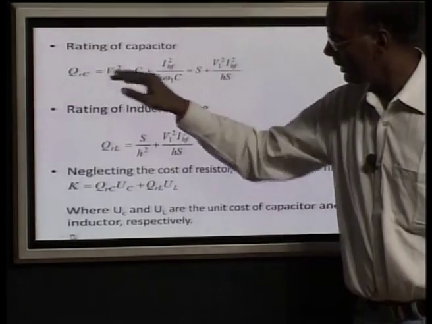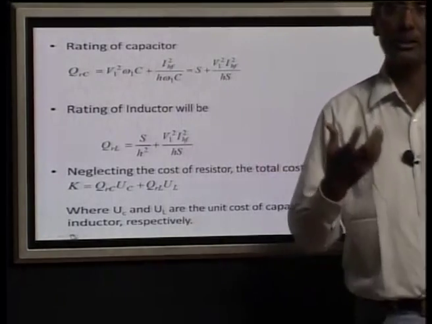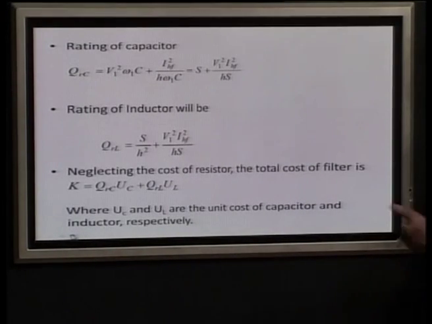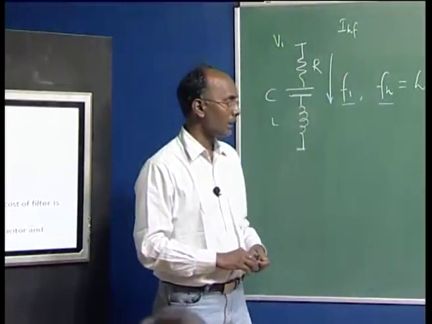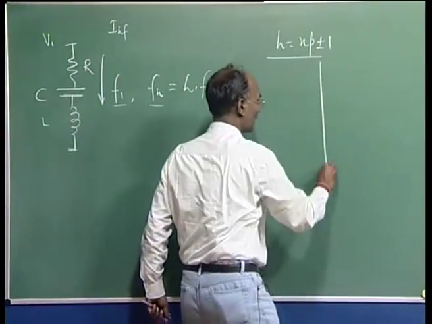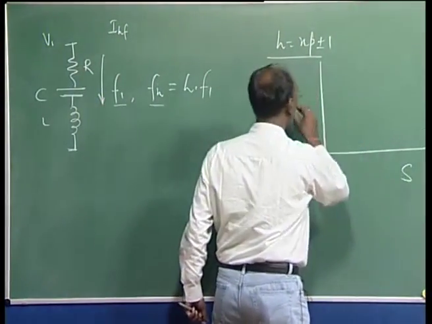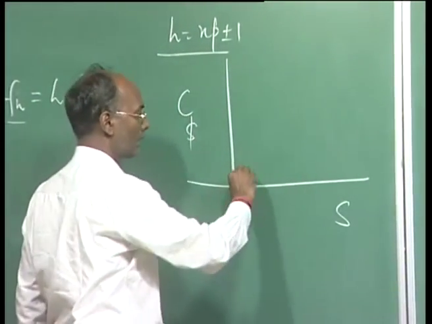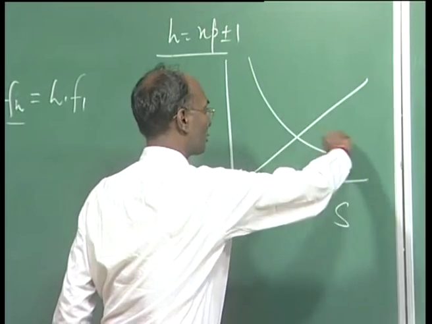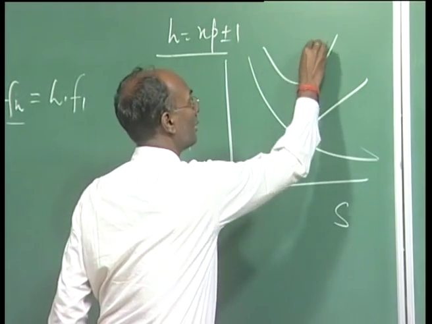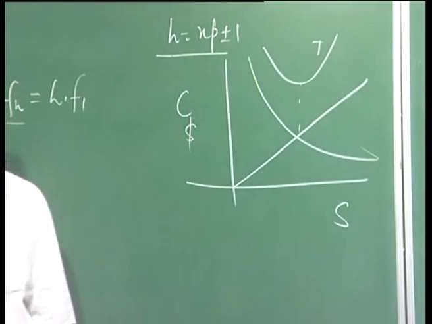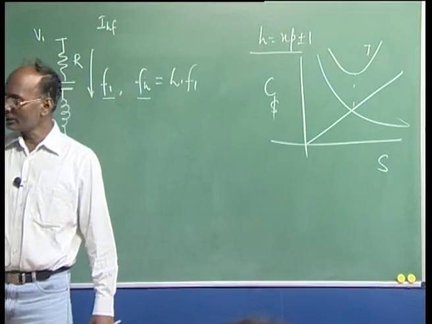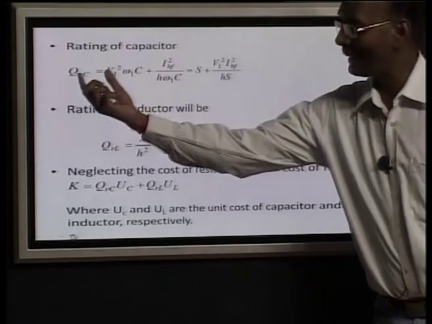Whole this equation we also want to write now in terms of S, because in the first graph I showed, it was in terms of size and the cost. So, this is your S per phase and here it is your cost, whatever the monetary value you are using, and one was going like this, another was going like here, means your minimum total will be at some value somewhere. So, this is your size, this is the rating.